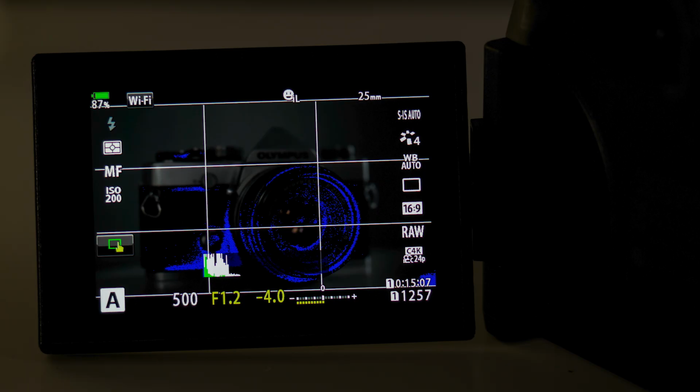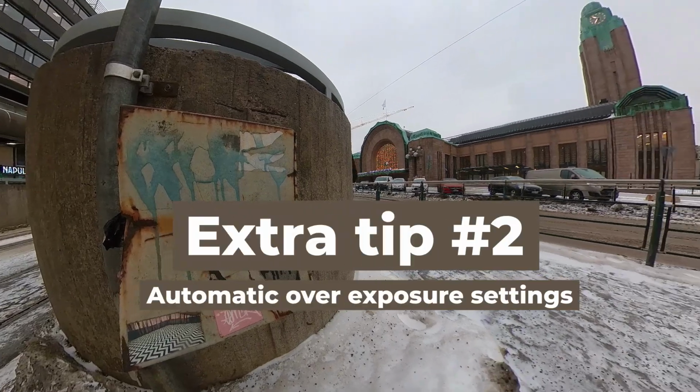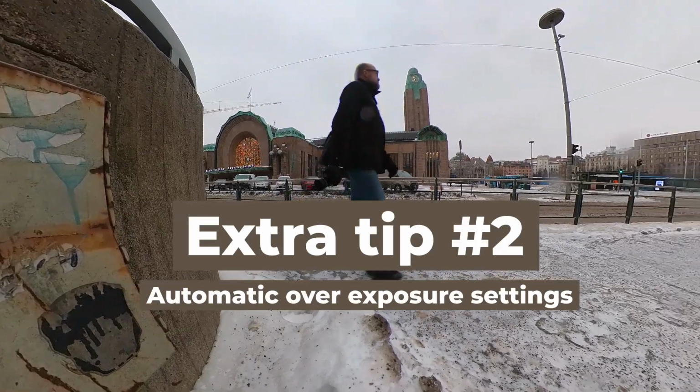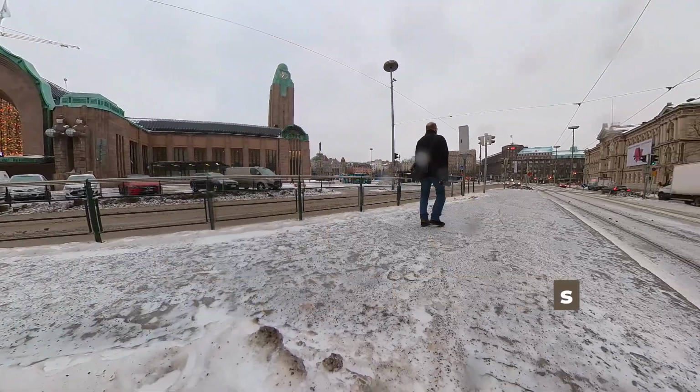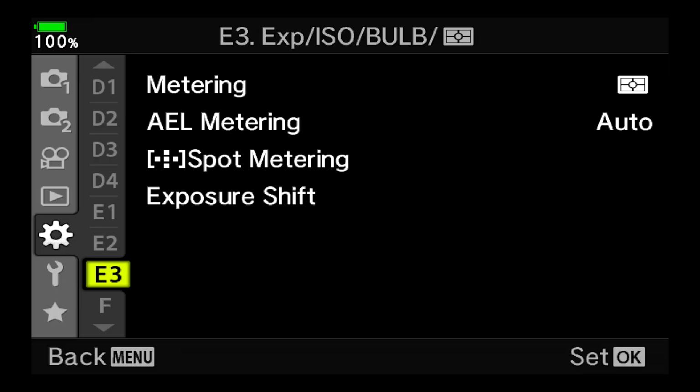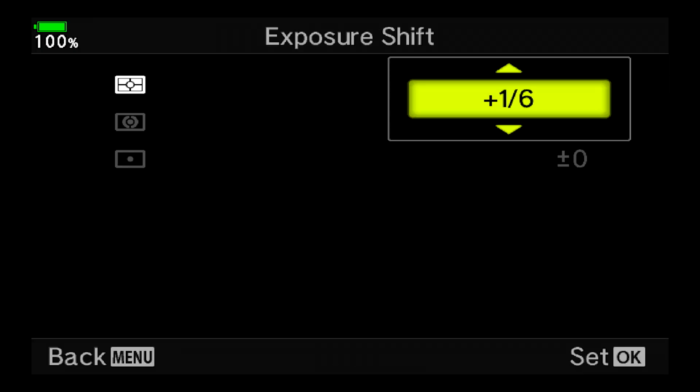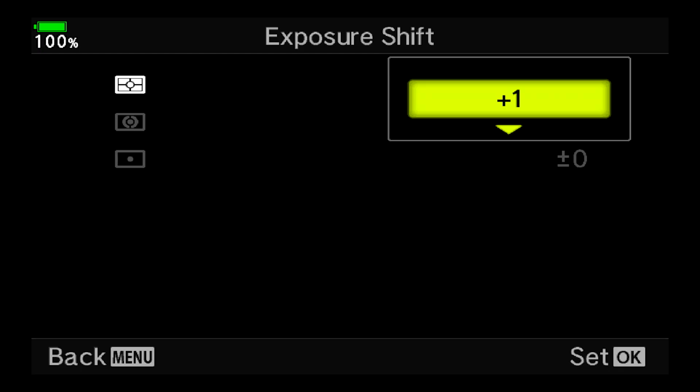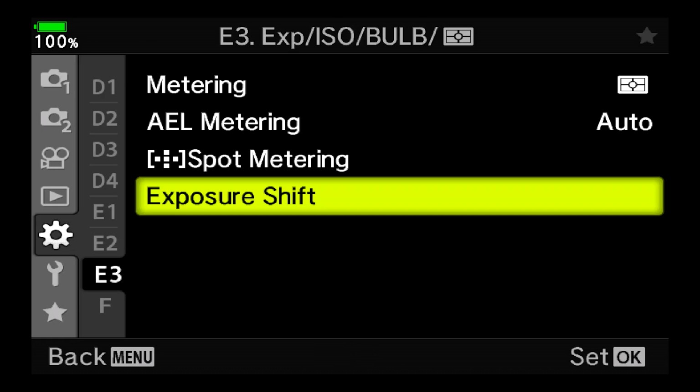And then the blue colors are indicating that you're crushing your blacks. That might not be a problem, but if you don't want that, then you need to do something about it. And then extra tip number 2. Set your camera so that it will overexpose one stop. This will reduce the amount of exposure compensation that you need to do. And in Olympus cameras, it's done like this. And I'm sure that there is a way in other brand cameras too to do this. I tend to use +1. It depends on the situation, but usually +1, so I don't need to do that much exposure compensation when I make my images.